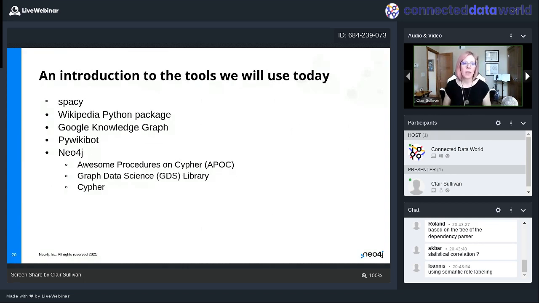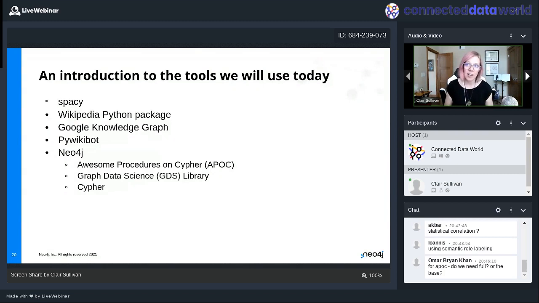It's pretty straightforward. Okay, when we actually get into using the graph database Neo4j, we're going to use a few tools that are built in. First, Awesome Procedures on Cypher, or APOC. Cypher is our query language, you see at the bottom bullet, but APOC is kind of like this really nice add-on, and I've heard it said that if you can't figure out how to do something with Cypher, go look at APOC. It probably exists there, and that is true. And then the last thing, we're going to do some machine learning on this graph. In order to do that, we're going to use this library called the Graph Data Science Library, and you'll get a feel for what that means in a minute here.